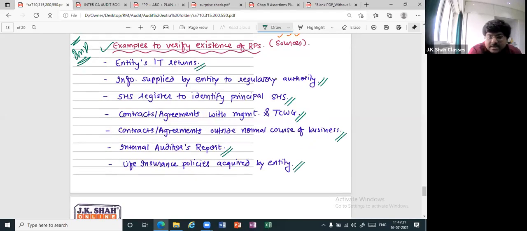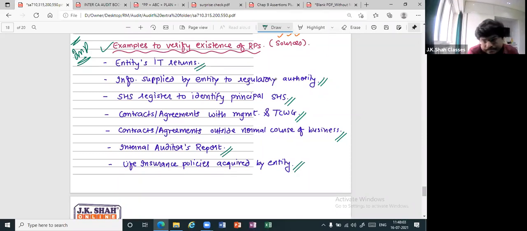Life insurance, yeah. Why in the world will you take life insurance? A company will take life insurance for a person when he's a key man, no? When he's an important person, then ultimately that important person can have controlling ownership in the company, can be a related party. Then you'll have to check. What if that person is a key management person here, also in the other company? Then ultimately they become common key management, and if there is common key management, it becomes related.